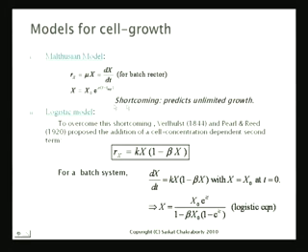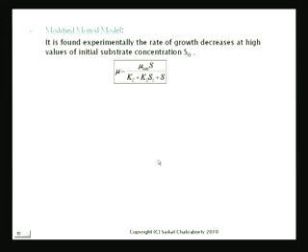And then we went on to look at the logistic model, which tried to propose a second order dependence on the reaction rate of the substrate. And then we got dx/dt is kx times (1 minus beta x). And then the next model was the most important model we looked at, which was the Monod growth model.